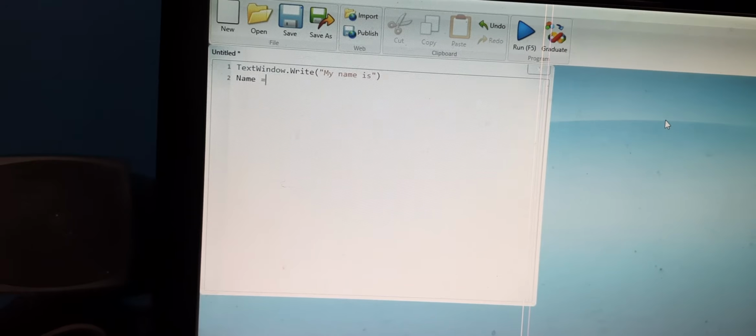Then this type of thing will be there, nothing is displayed here. Okay, "My name is", only this line you can see here. But I want to display my name, so that is why in the next line we have to write name equal to. What is my name? My name is equal to,